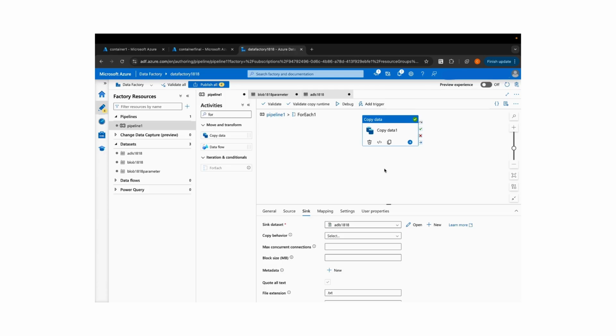So today we have successfully set up this pipeline in ADF to automate moving files from blob storage to ADLS using this sequence: get metadata, then for each loop, and inside the for each loop we configured the copy data activity. This approach not only simplifies data management but also enhances our data processing workflows. You can also automate this process